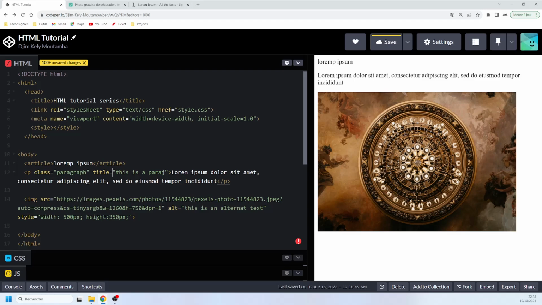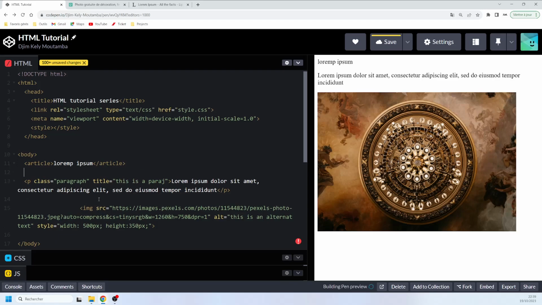In HTML, you should not add blank lines or spaces or indentation without a reason. For readability purposes, you can add blank lines to separate large or logical code blocks. For example, here in my code, I can't, for whatever reason, start my image tag here, like I want to indent that, or put some blank line in between